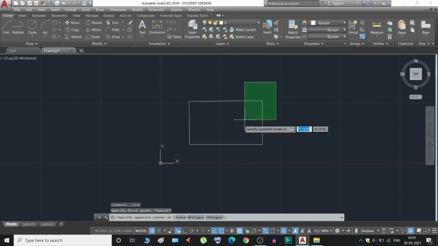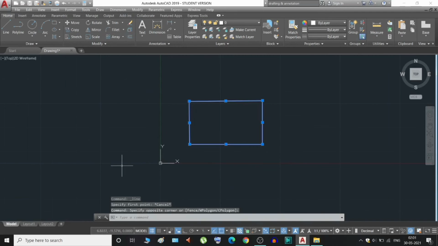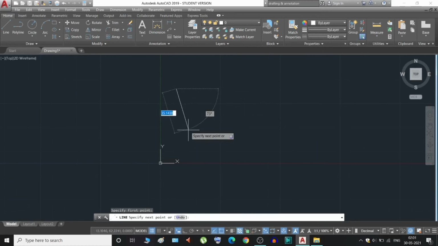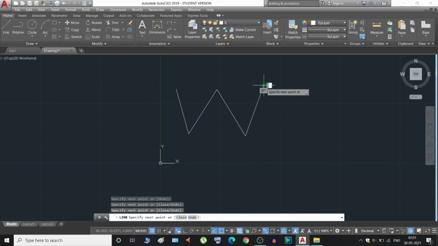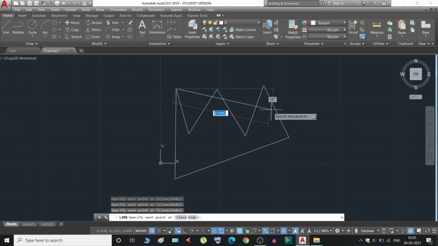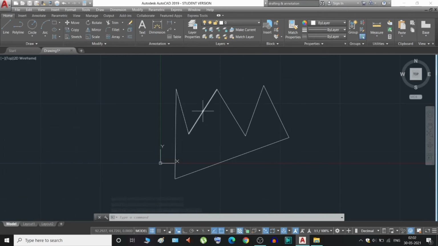To do that, I will first delete this line, then I will draw some lines with the line command, right, like this. We can see that these lines are single lines, this is a single line, this is a single line, this is a single line, and so on.